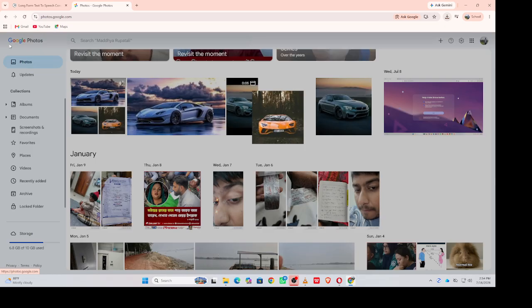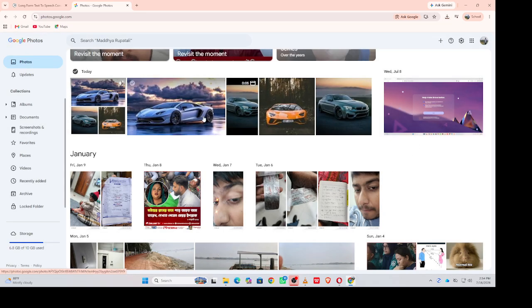If you want to download multiple photos at once, return to your library and select all the photos you need. Then click the More menu again and choose Download. Google Photos may combine multiple photos into a zip file before downloading them. Once the download is finished, you can open the zip file, extract its contents, and access all of your downloaded